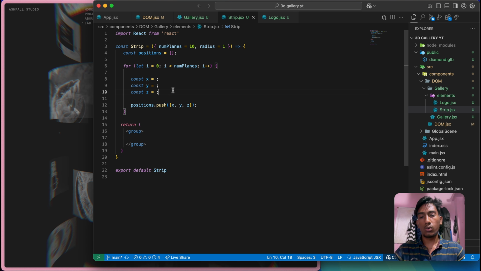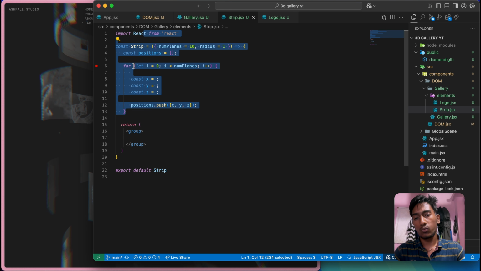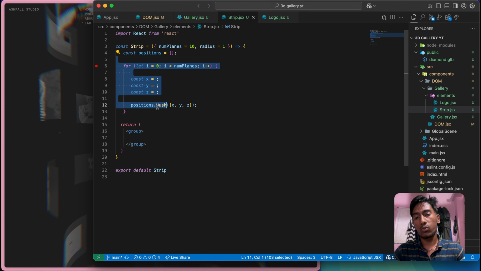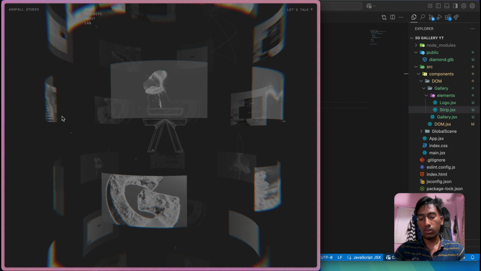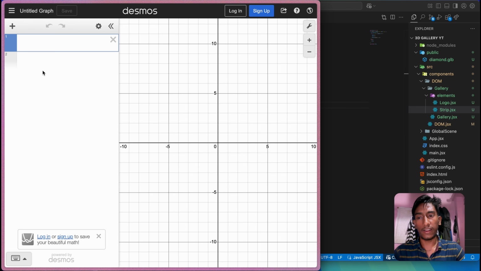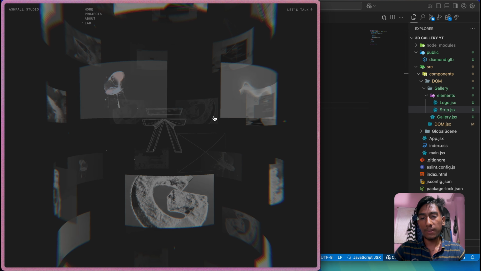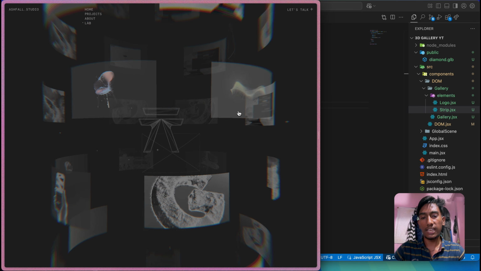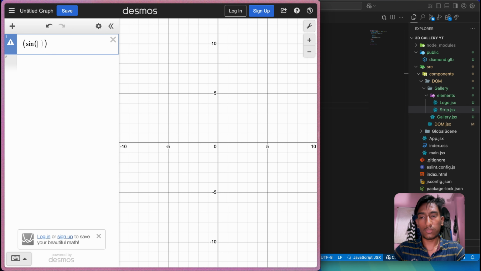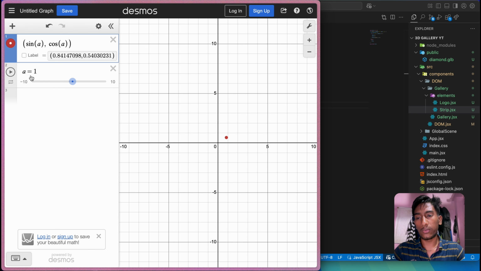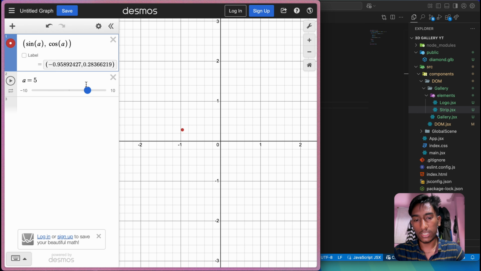Yeah, so to create these variables we have to use some equations. So I'm going to show you those here in this 2D space, because if you see they are separated in only two directions, only in x and z. So we can use this formula, sin a comma cos a. Let's just assume that a is a value for now. If I change this a value, you can see this red circle is moving in a circular way.